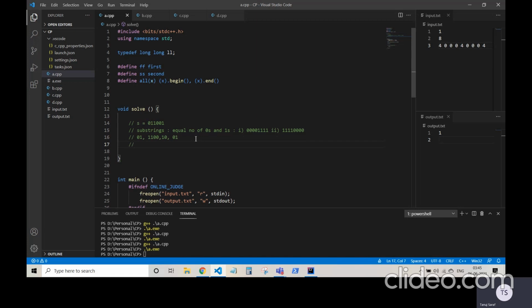Now, moving on to solving the problem. The first observation that we want to make is that there are only two possibilities or two configurations in which the answer can exist. Is that we have some, say, x number of zeros followed by y number of ones, right? Or we could have x number of ones followed by y number of zeros. In either case, the answer, that is the number of substrings that we could have made, would be equal to the min of x and y.